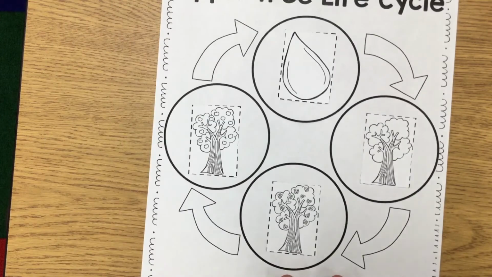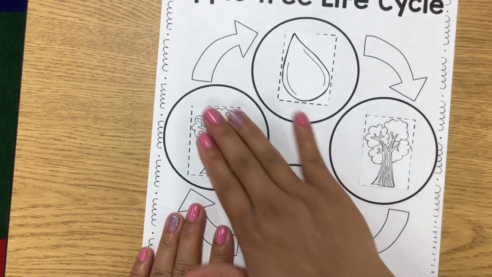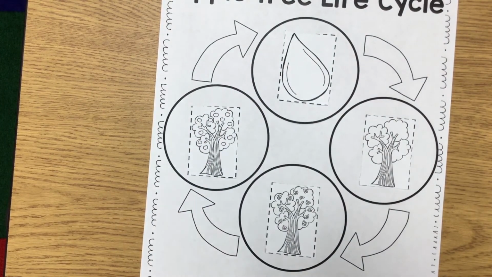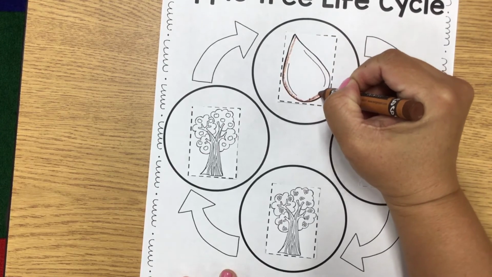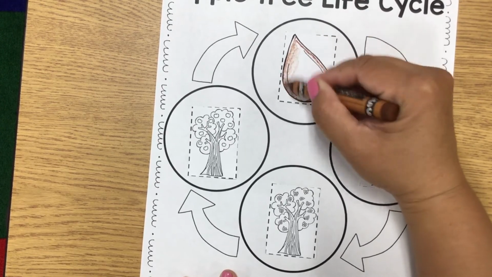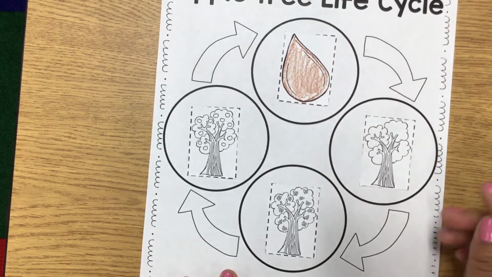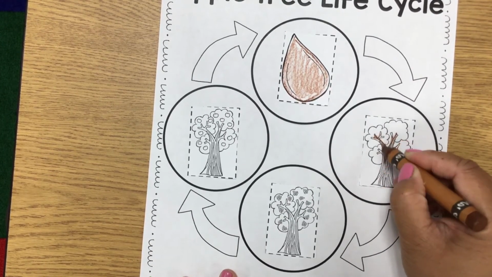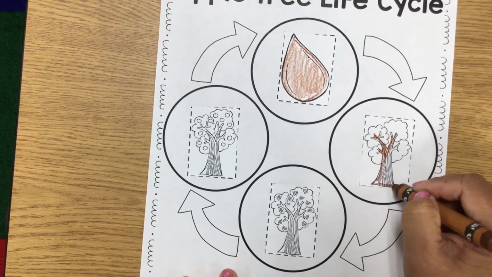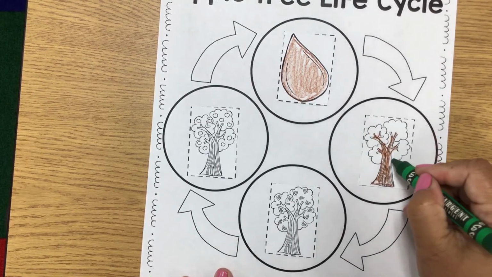Okay. So now you can color. It should be dry pretty fast because your sponge isn't really wet. So what you're going to do is you're going to color the seed. If your paper is still wet, just wait for it to dry, because if it's still wet, then you won't be able to color it, okay? So color the seed, and then the tree, the trunks are brown, so that's why I have you get your brown crayon out. And then the tops of the tree are green,